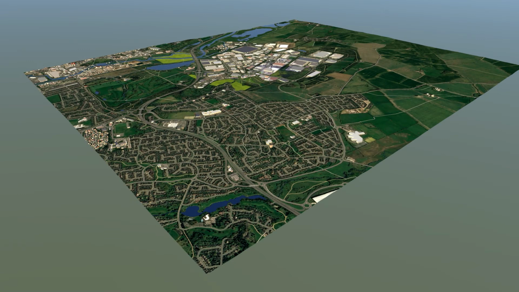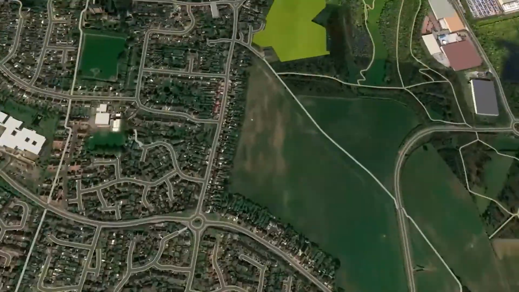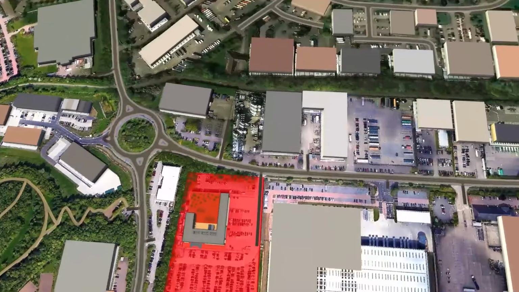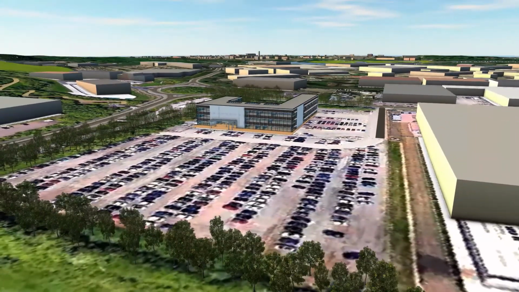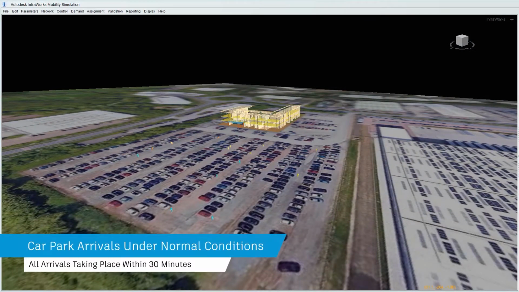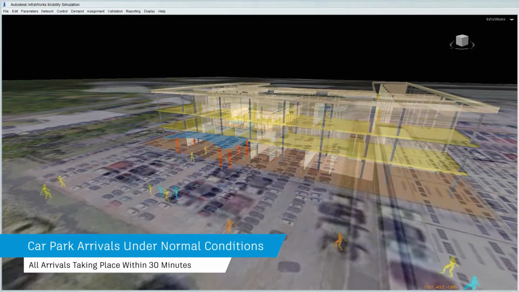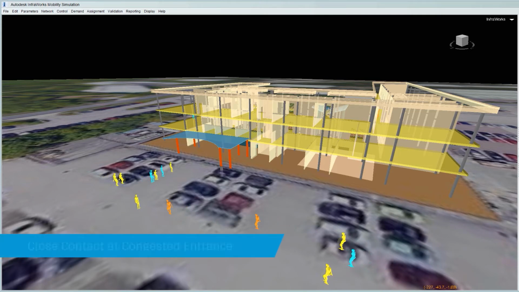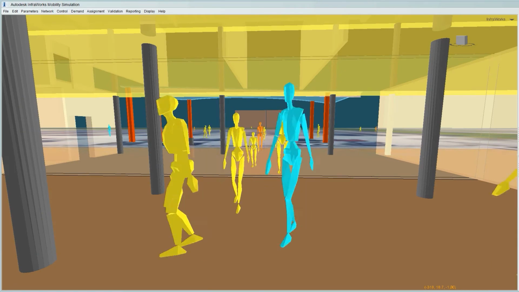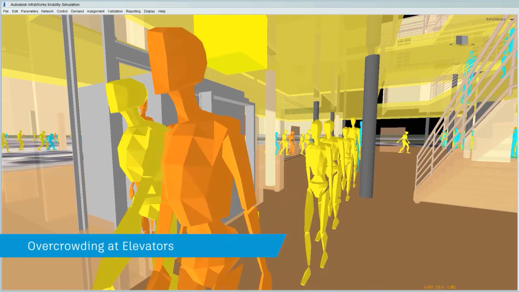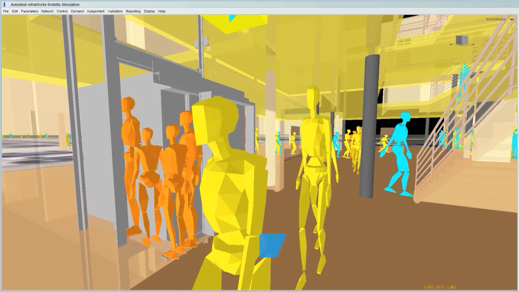We've never been more conscious of how we move through the built environment. From door-to-door journeys to physical distancing for queues, understanding system efficiency is essential for optimizing for safe and free movement. Under normal conditions, people arrive at the office within a short time window, parking randomly, and travel to the nearest entrance. This can give rise to close contact at congested entrances and exits, both in and outside of the building.